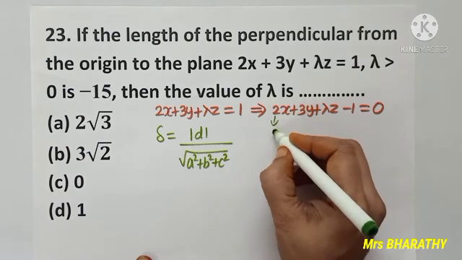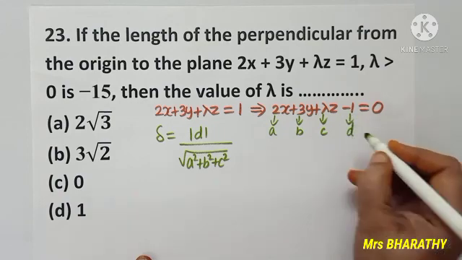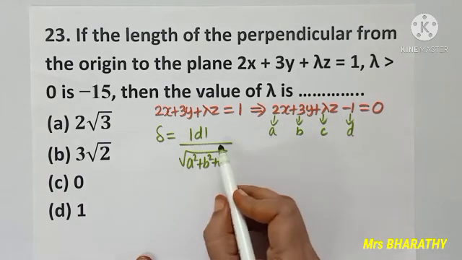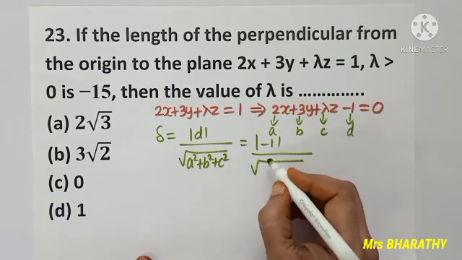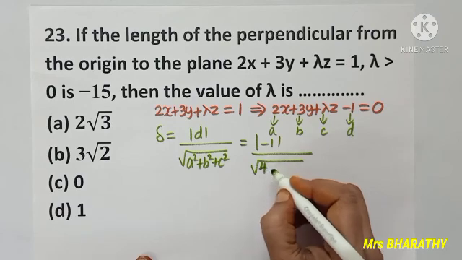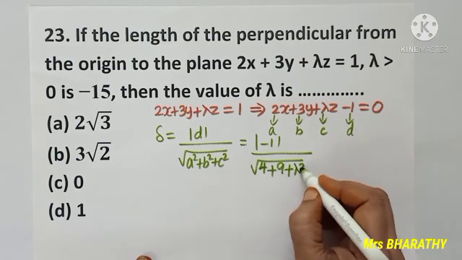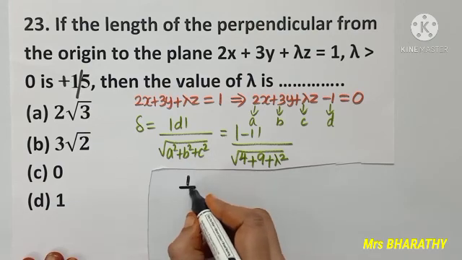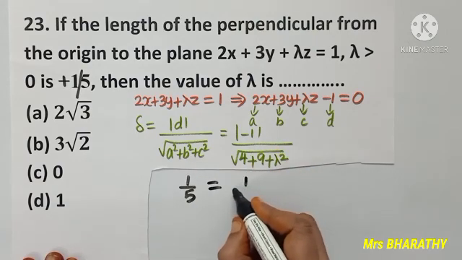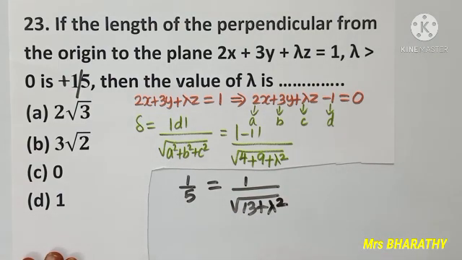This is A value, B value, C value, and call the constant as D. The distance from the origin is modulus of D divided by root of A square, that is 2 square, B square, that is 3 square, C square, that is lambda square. Given the distance is 1 by 5, we have arrived at the answer 1 by root of 13 plus lambda square. Comparing the two answers, we get